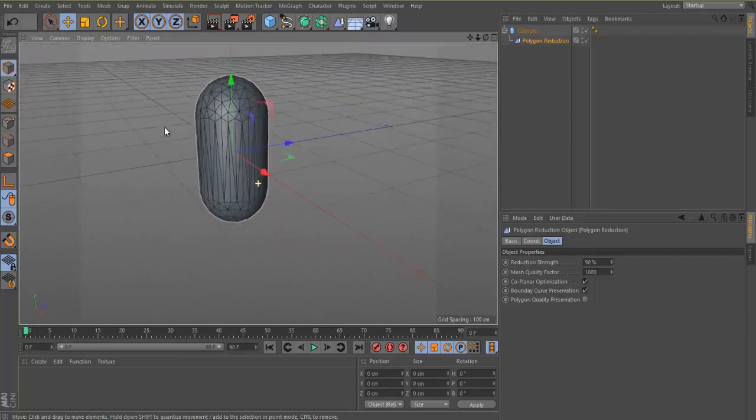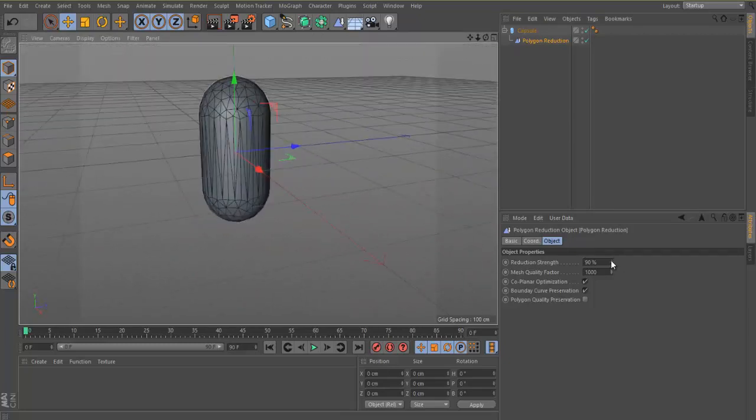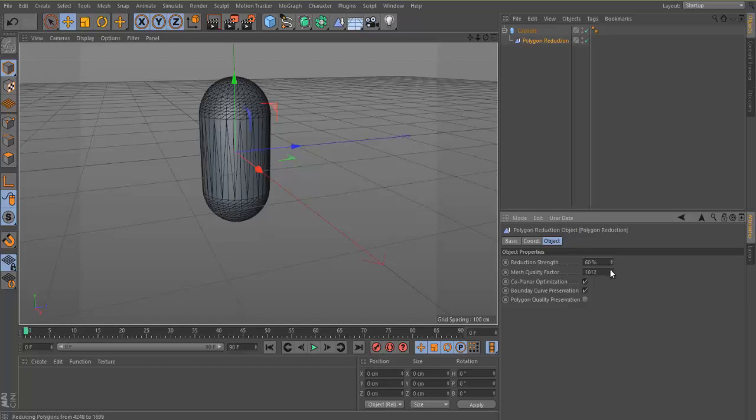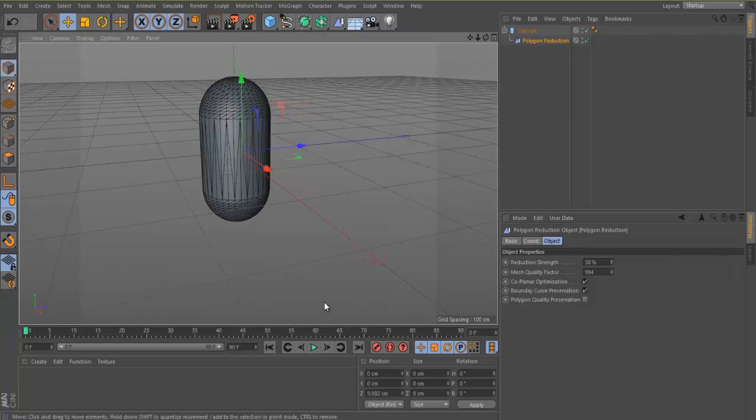So this way you can reduce some polygon, but it's not a good way to reduce the polygon. It always creates a triangle over there, and triangle creates problems while texturing, while rigging. So it's better to use different options or different effects to reduce the polygon. You can change some parameter for little better effect, but still it's not that good to use this polygon reduction option. Sometimes for a basic mesh or some effects, we use this option to reduce the polygon dramatically.